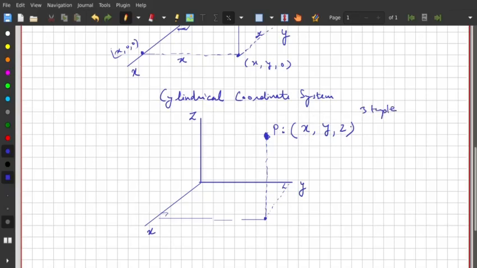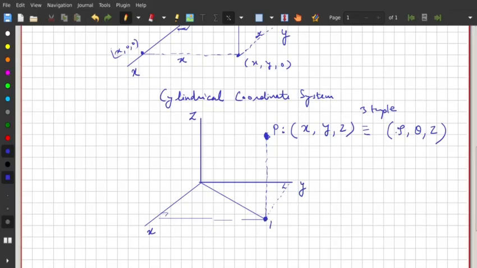So this same point x, y, z is equivalent, in the cylindrical coordinate system, to what we call rho, theta, and z,